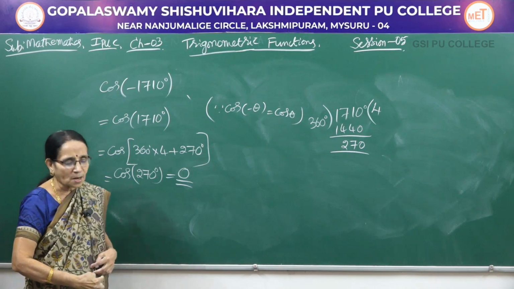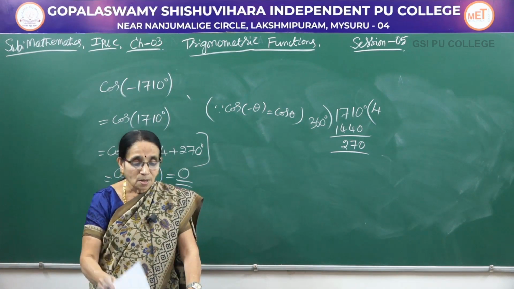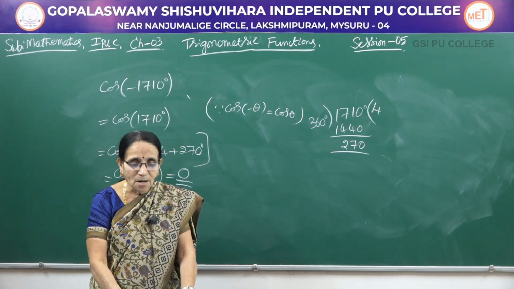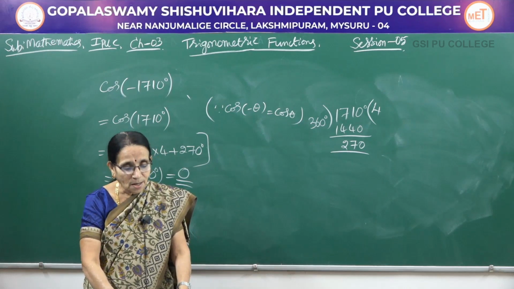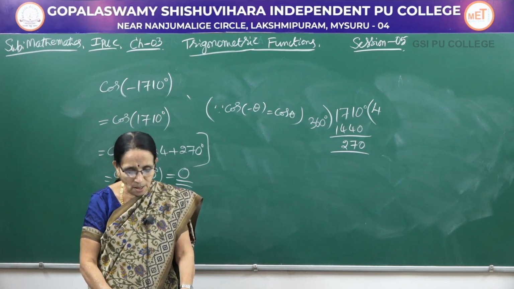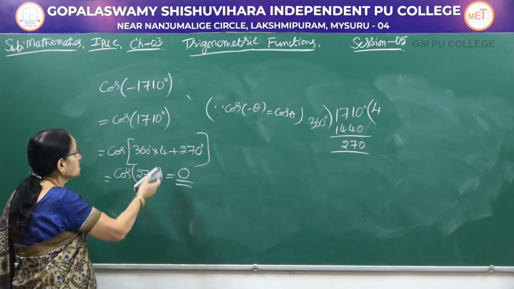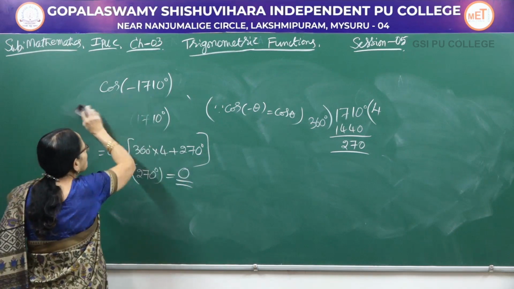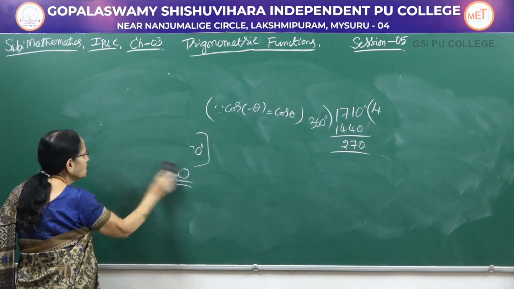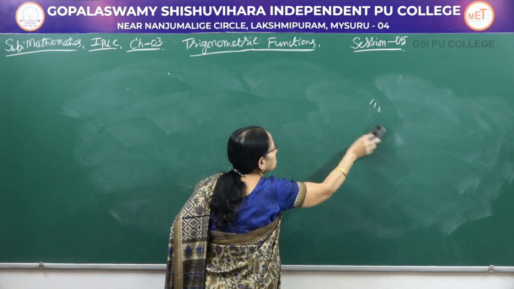So, when you come across a standard value, you can directly write the value of that one, because that is why we call them the standard angles. You need not do any calculation, directly you can solve the problem here. Now, in these problems, I had considered the angle in degrees. Because you are more familiar with degrees, it was easy for us to do the calculation.